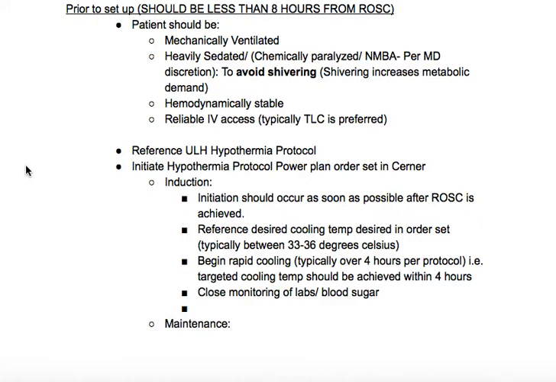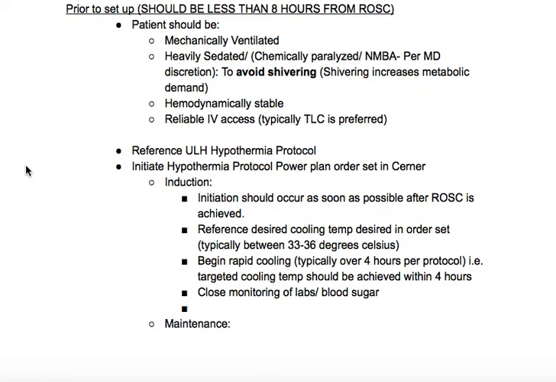If the patient is on the Arctic Sun, they're going to be really, really cold, and we do not want them shivering. It increases their metabolic demand, and basically, it's pointless to have them on this blanket and on this machine if they are shivering. So recently, MICU has not wanted to paralyze the patients, which is okay, but if they are not paralyzed, we need them so heavily sedated that they are not shivering. If they start to progress to shivering, then I think a neuromuscular blocking agent is appropriate